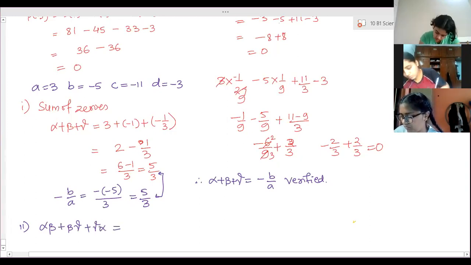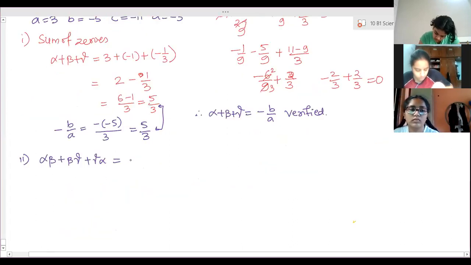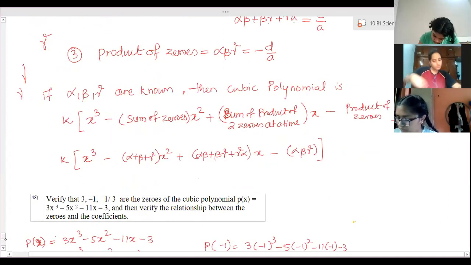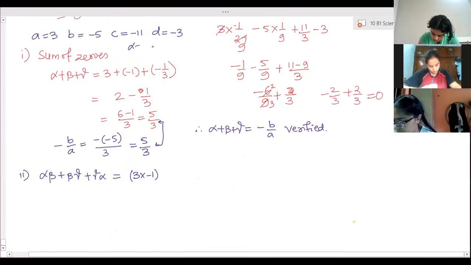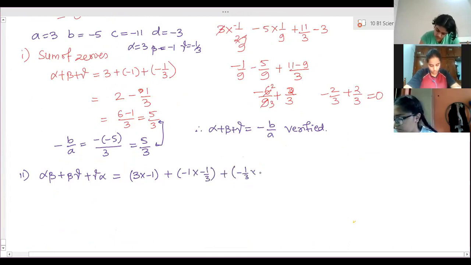Alpha beta plus beta gamma plus gamma alpha is the second. So alpha beta is 3 into minus 1. What are the values of the zeros they have given? 3, minus 1 and minus 1 by 3. Alpha is 3, beta is minus 1 and gamma is minus 1 by 3. So plus minus 1 into minus 1 by 3 plus minus 1 by 3 into 3